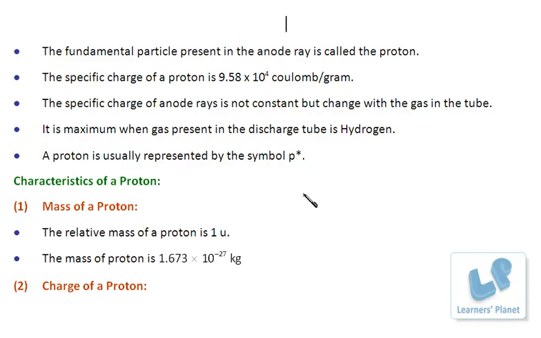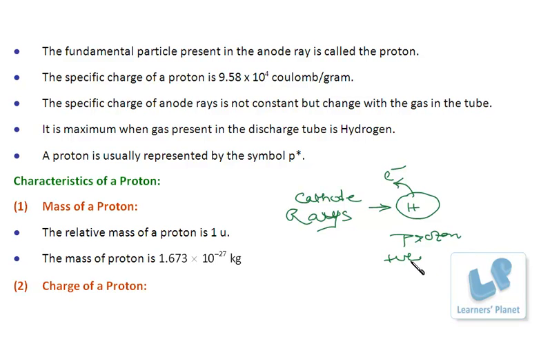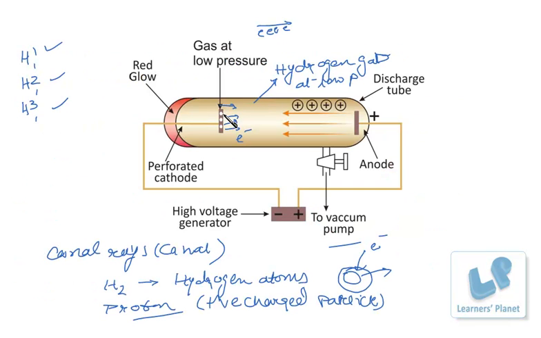See, the cathode rays, they are produced by which metal? Cathode rays consisting of electrons bombarded the hydrogen atom. The electron was knocked out, and what is left over here is the proton, the positively charged particle. Now this positively charged particle passed through these holes present in the cathode and produced a red glow. So as it is the leftover particle of the hydrogen atom, it was called proton.